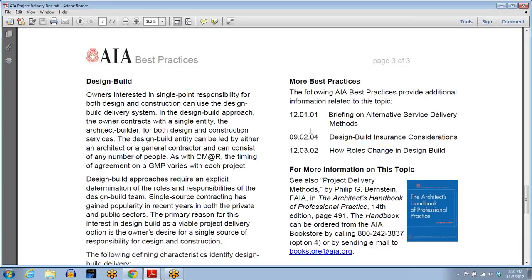With design build, you're hiring a design builder who is designing and building your building, probably giving you a guaranteed maximum price, and they design it and build it. And then with construction management, the architect's under a separate